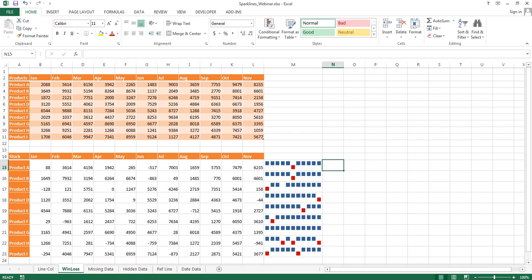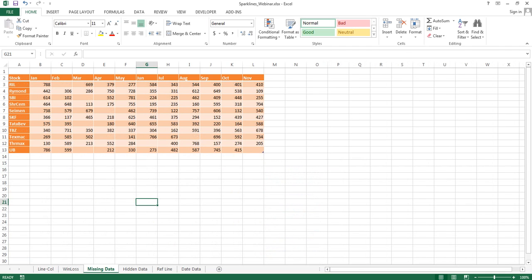Now we're going to cover several scenarios which you might encounter while working in the industry with data. The first scenario is missing data. It's not necessary that whenever we get our tables we are going to get all the data in it. For example, in this data I put some stocks, and let's say we have several data missing. In the first stock we have a month missing, in the second stock we don't have anything missing, in SBI again we have March data missing.